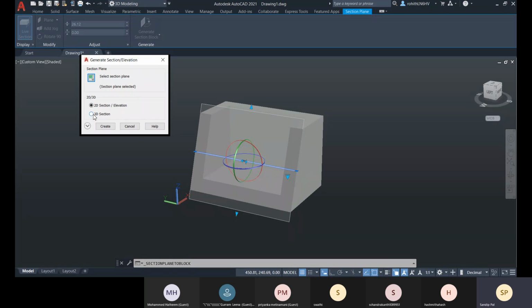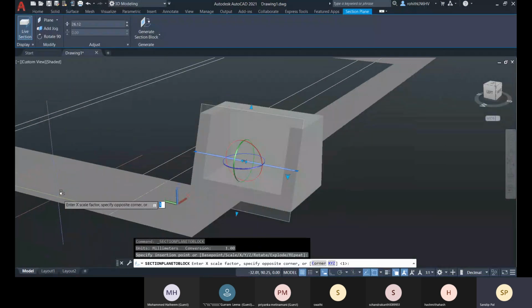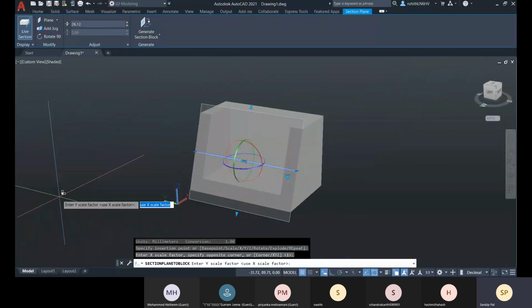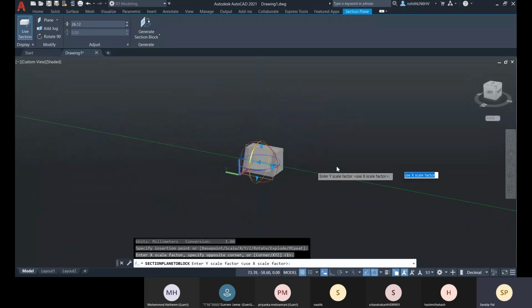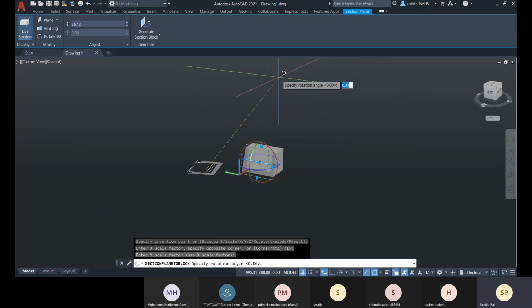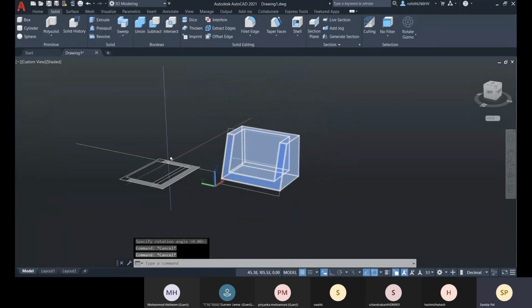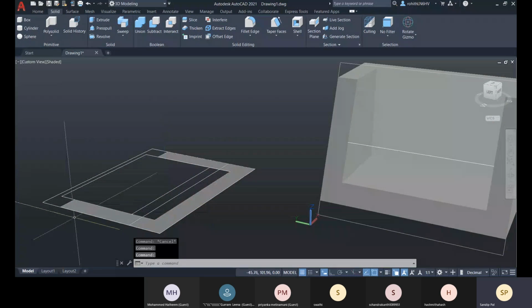So you can create a 3D section. Let me just create with that 2D section, and here you can see, right? Press enter. Yeah. And no rotation angle, enter. That is placed here. Okay.